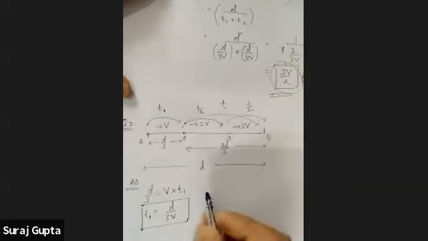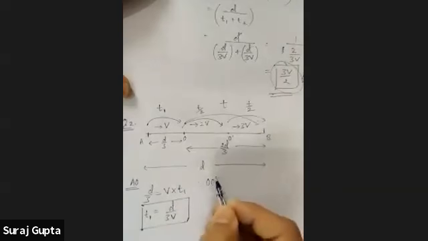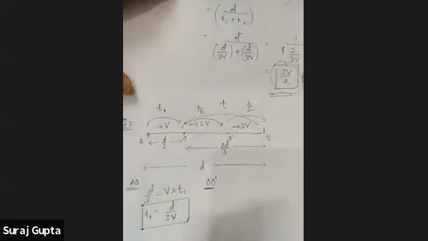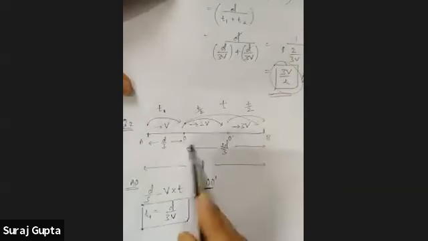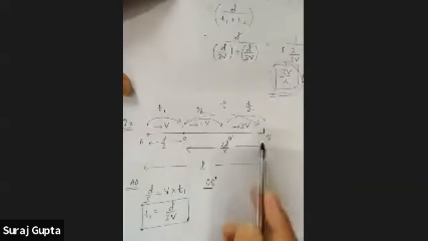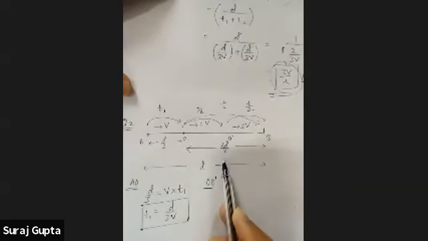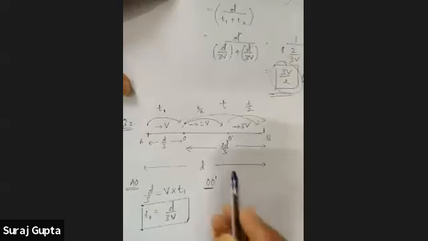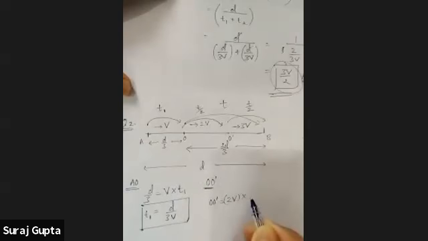So in this journey from O to O dash, you should apply the same thing. Displacement is equal to speed multiplied by time. Now I don't know the distance O dash, and I don't know the distance O dash B. But I do know that the total distance between O and B is 2d by 3. So I will write O dash only. Distance O dash is equal to, what is the speed in this range? Speed is 2v, and the time is t by 2.